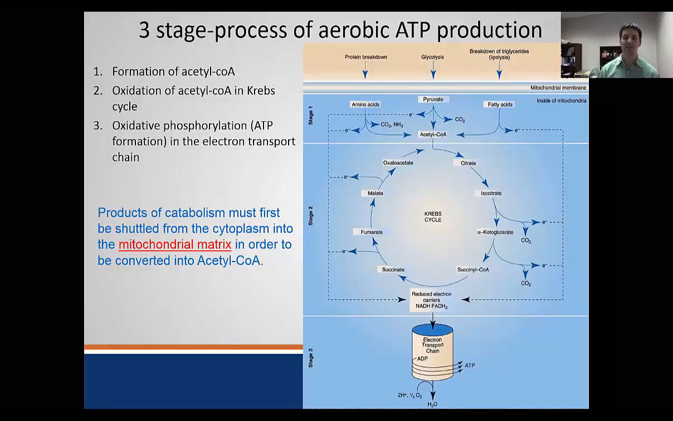Okay, so to get started, we can think of this as a 3-stage process. The first stage really isn't part of oxidative metabolism per se, but it's something that has to happen. So if you remember, in glycolysis, the end product is pyruvate. Pyruvate is generated in the sarcoplasm here